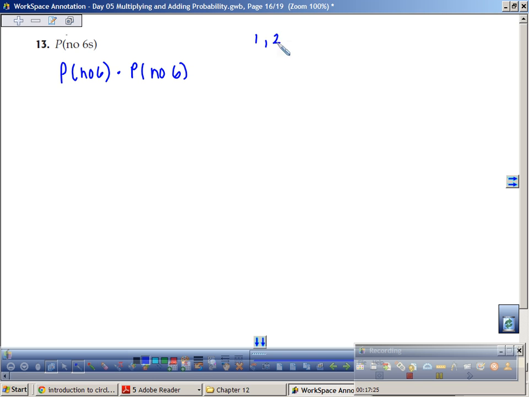Well, if you have 1, 2, 3, 4, 5, 6, well, if it's no 6 both times that you have a die rolled, then it would be 5 out of 6 chances times 5 out of 6 chances equals 25 out of 36. And in your book, it's all going to be in fractions, so you need to put it